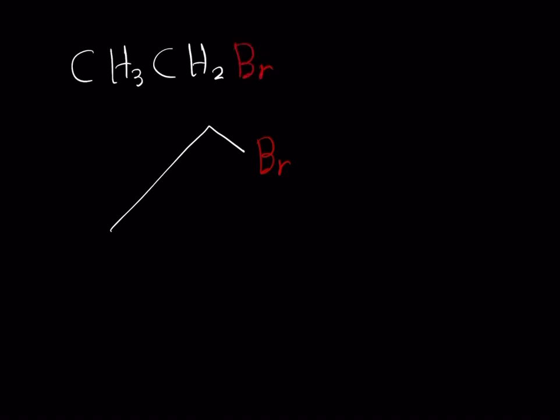For our last example, let's do a simple one. How do we name this molecule? And we can write the condensed structure as well, since bond line is a little awkward for this one. So we have 2 carbons, so that's ethane, and we also have bromine, so that's bromo. Now, do we need to write a number for bromo? In this case we don't, because even though bromo is on carbon 1 technically,